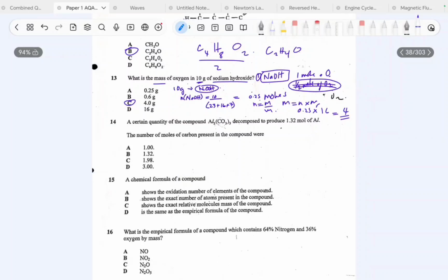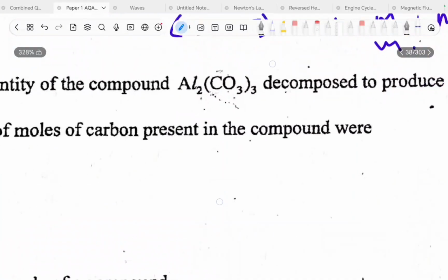A certain quantity of Al2(CO3)3 decomposes to produce 1.32 moles of Al. The question asks for the number of moles of carbon represented in the compound. Okay, how do you do this? I'm going to be a bit cheeky. I'm not going to write the full decomposition because that's going to be a bit tricky. So what I'm going to do is say